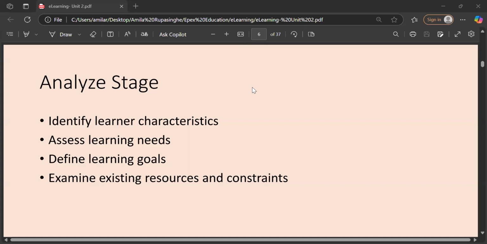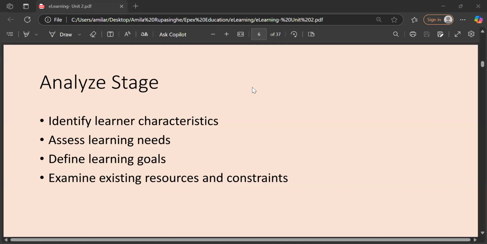So we have to find out all these things. Without analyzing existing resources and constraints, if we include very advanced e-learning strategies to use, very advanced learning experiences to gain, will it be successful? If the learning experience is not aligned with their psychological level, they can't understand. If we suggested in our design to use some advanced technologies that we don't have in our context, in our country, then it is also a problem.